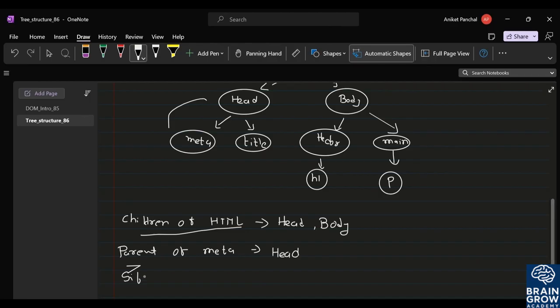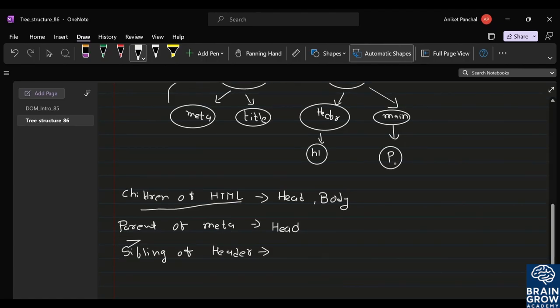The other question is, what is the sibling of header? If two tags have the same parent, then the other is the sibling. So here header and main tag have a common parent, that is body. So for header the sibling is the main tag,